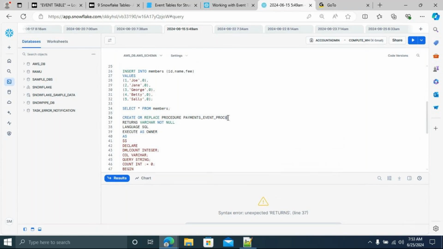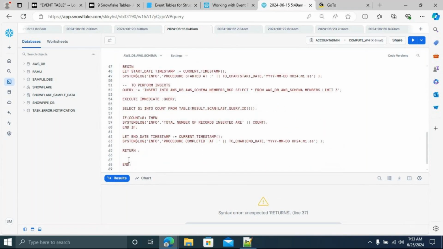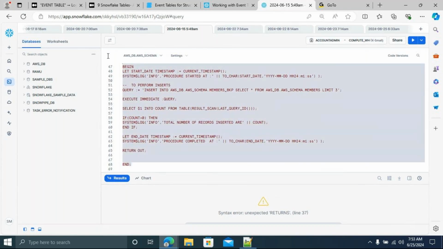Now I'm going to give some argument as out. The out is going to be varchar for me, because the data type is varchar. Now I'm going to pass the argument to the out. Returning is going to be out as well. Just give return out. I'm not going to do anything with this argument, I'm just passing the argument and returning the argument. That's it. Now this time it won't throw any errors, guys.